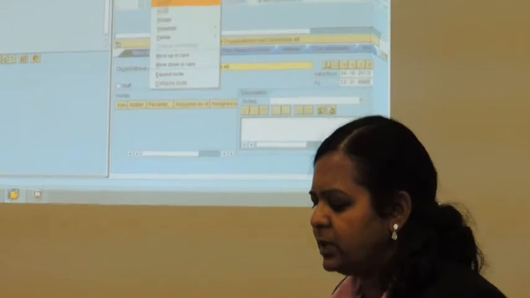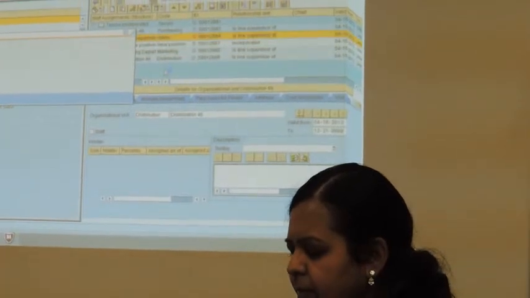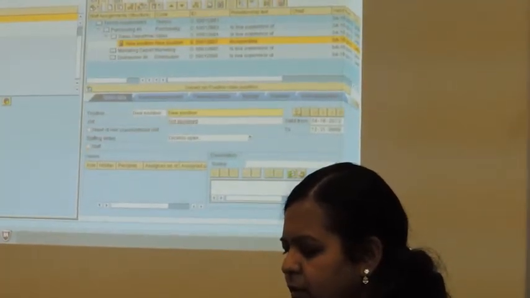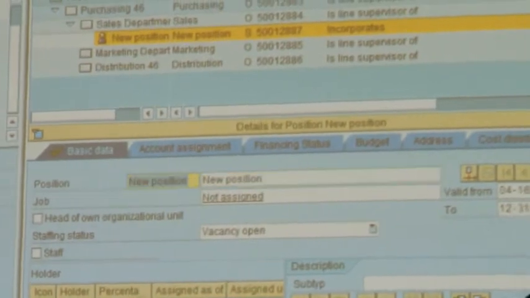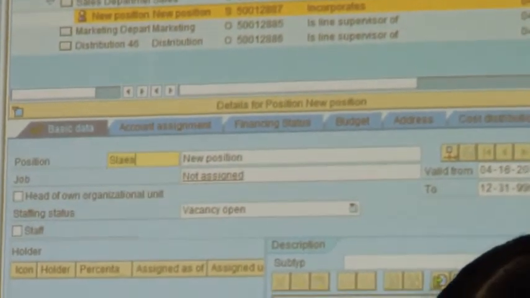Now click on the sales department, create a position, and I'm going to name it as sales worker.